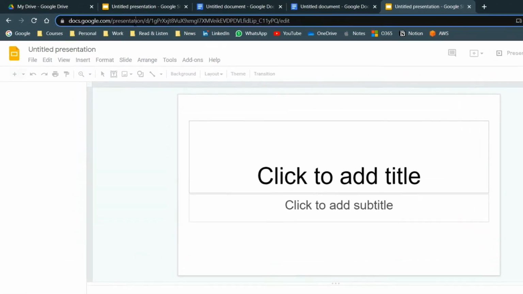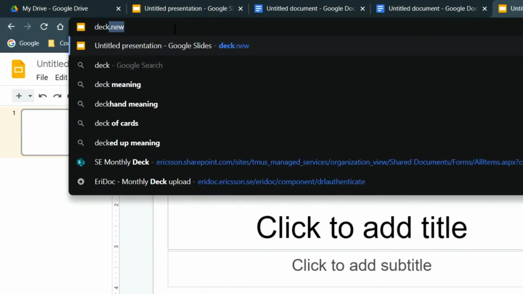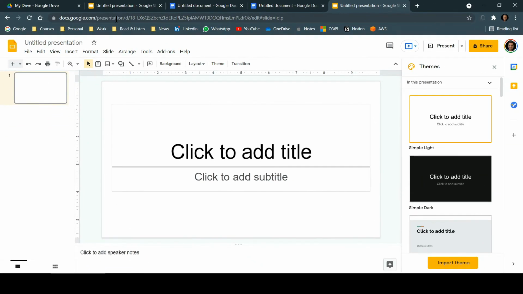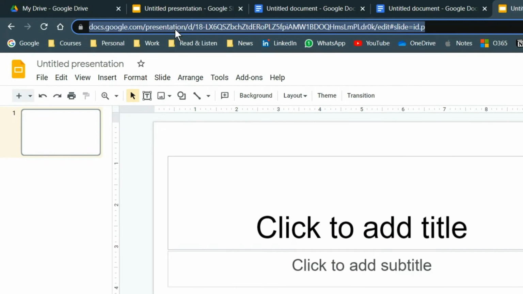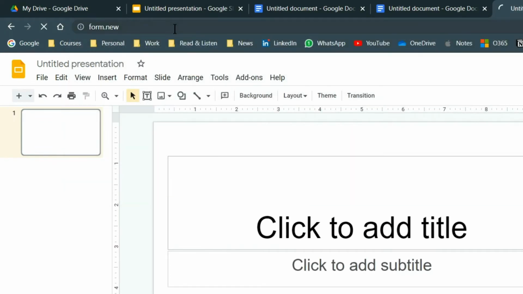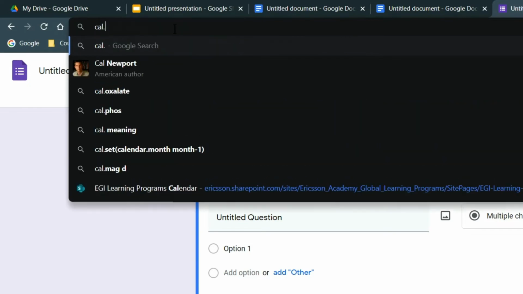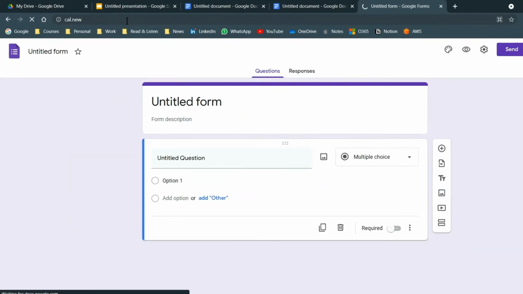Similarly, if you type deck.new, that will also open a new presentation. Whenever required, you can start using all these features. To open a new form, form.new. And maybe the most useful one, that is cal.new, to create a new calendar entry.